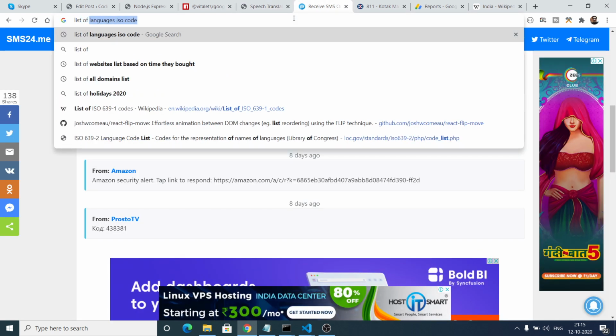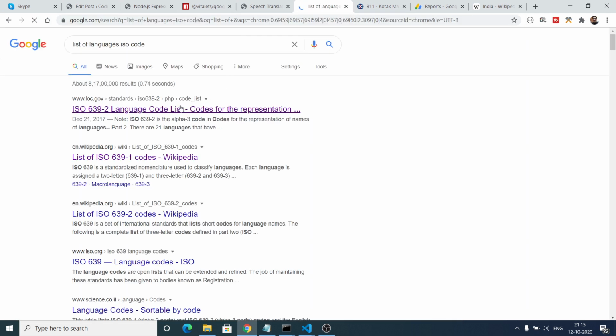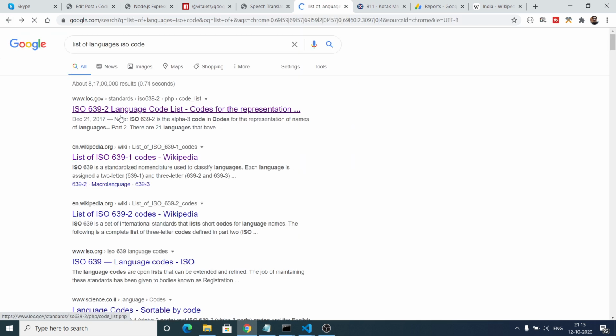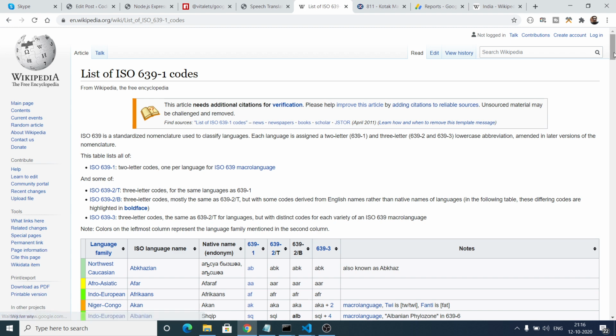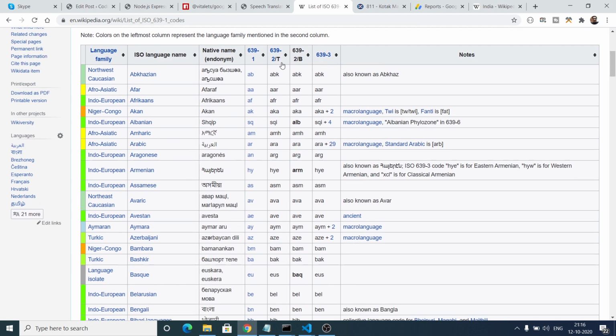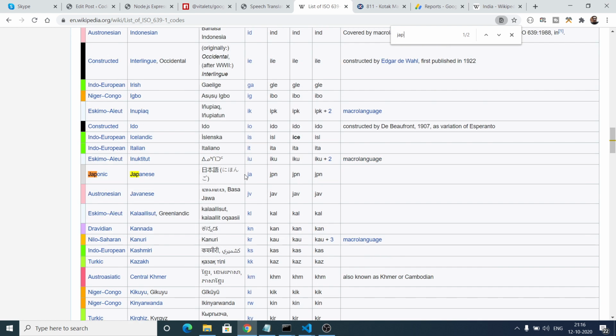Let me look up the list of language ISO codes. If you Google it, you will get the list. This is a Wikipedia page, and all the supported languages have codes here. If I want to type Japanese here, this is the code, JA.